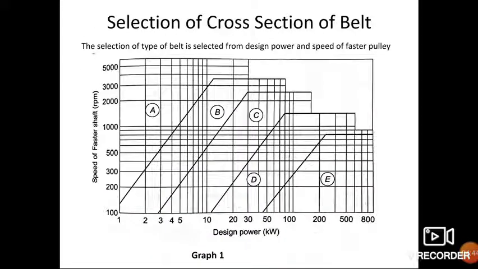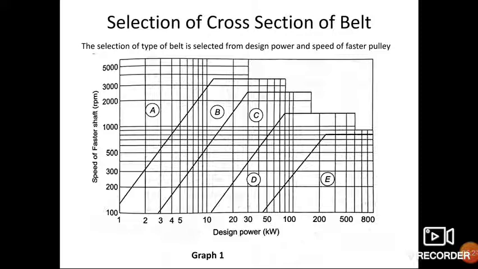Then the second thing is, in case of the cross section of the V belt, there are different cross sections of the belt. That means based on the manufacturer and the Bureau of Indian Standards, actually they have standardized those belts. Because everybody would take a different shape of trapezium, that is the cross section of the belt, its proportions would be different and so on, so they made it standardized and designated it with some letters. So there are types of belt, A, B, C, D, E.